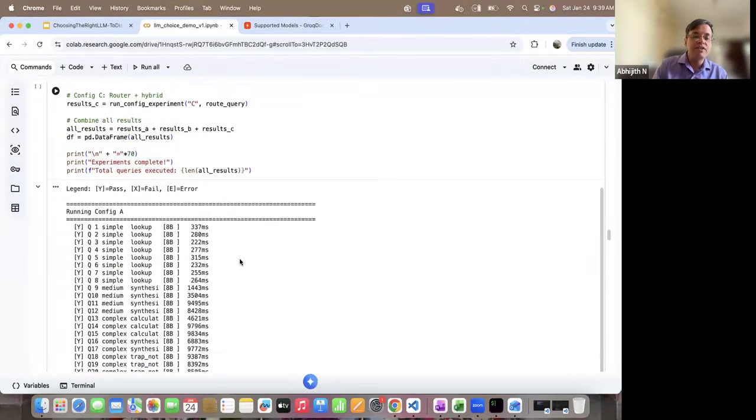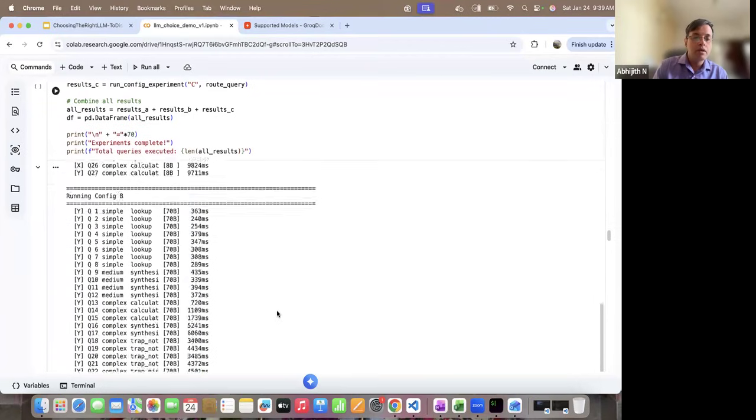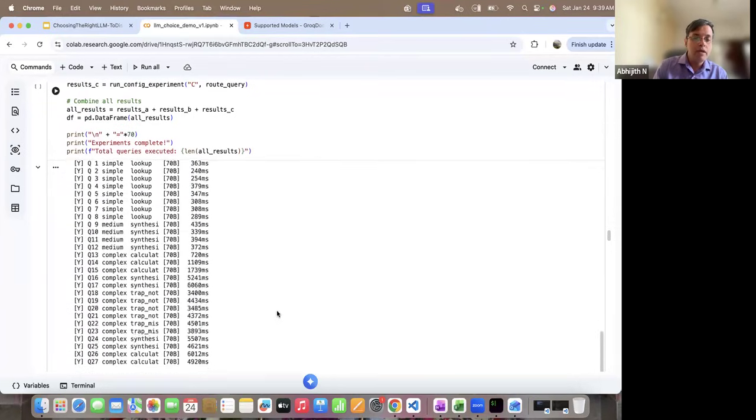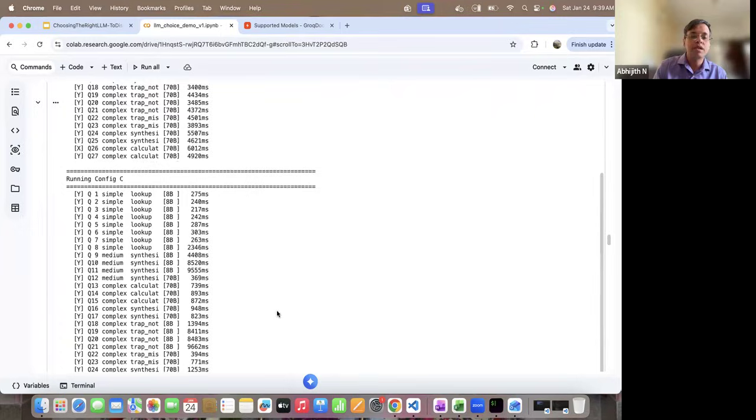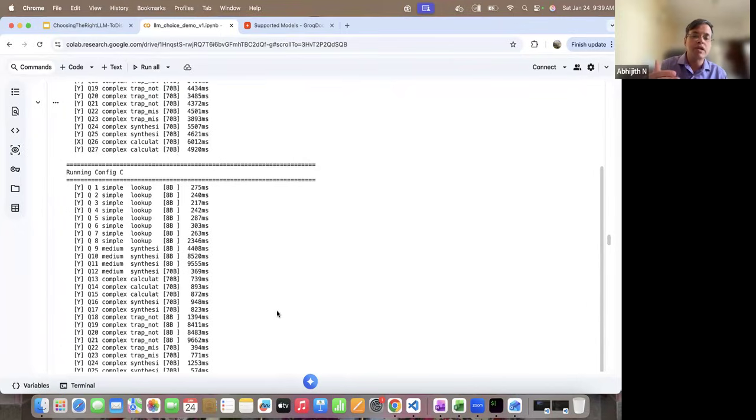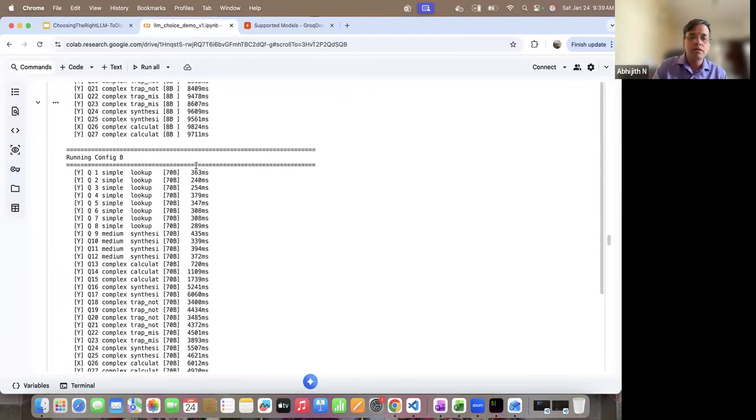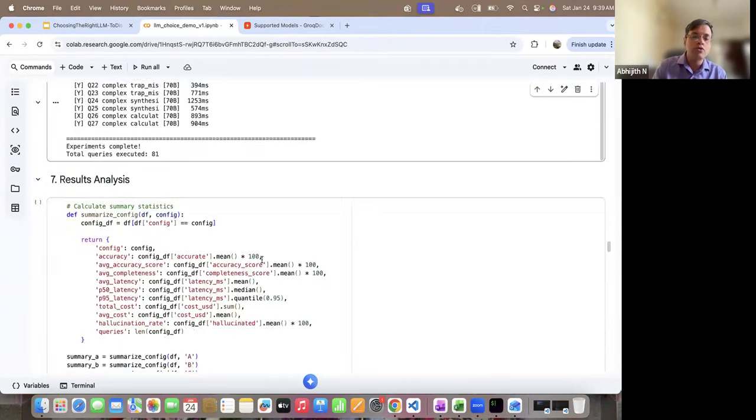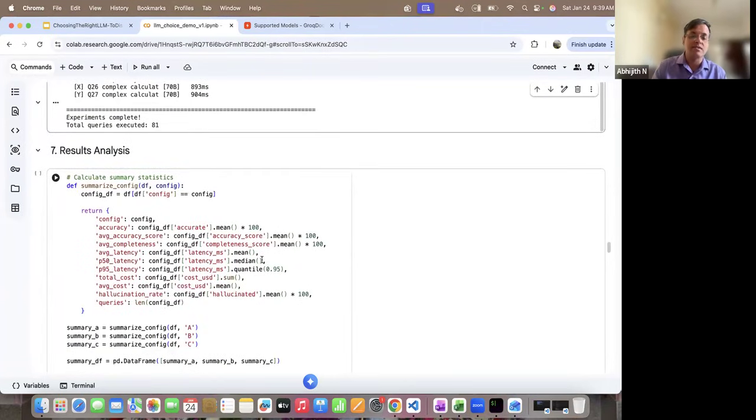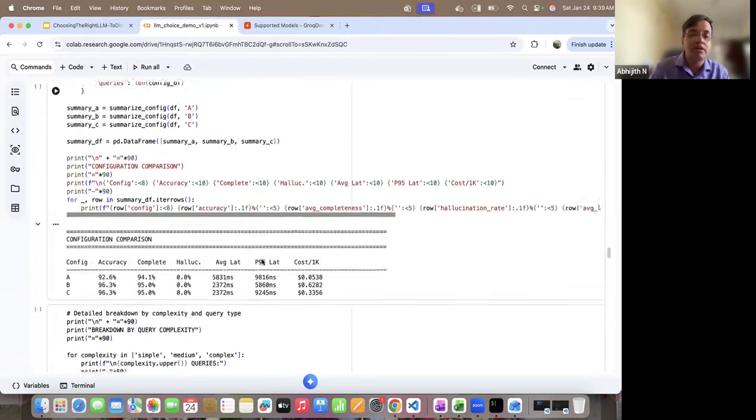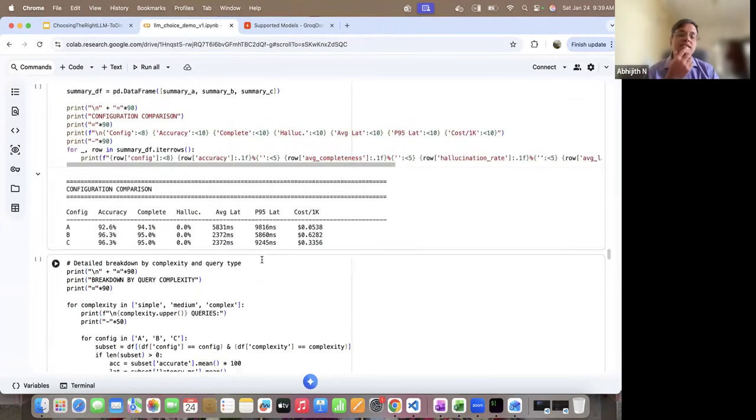So I'm going to run it with config A, config B, and config C. For each query, I'm going to run it and plot the latency. I'm going to look at its performance against my own evaluator, and I'm going to see the analysis of these results. So this is the experiment which I've done. And if I look at these results,